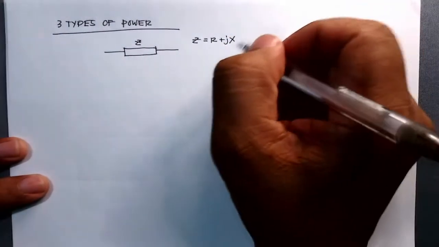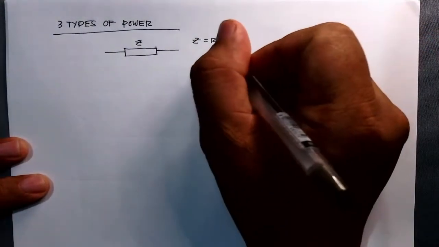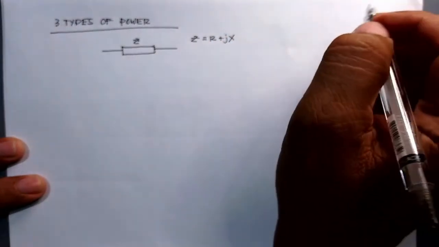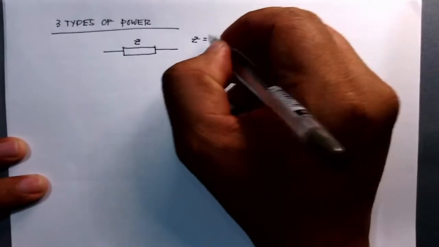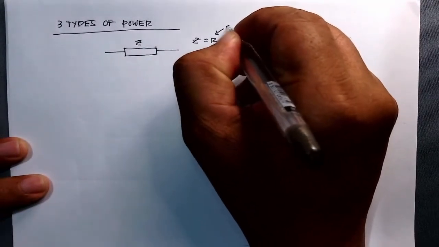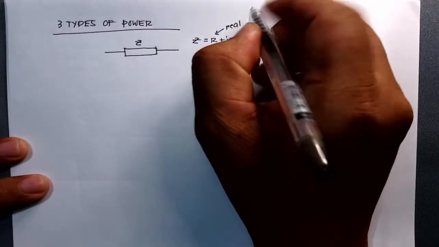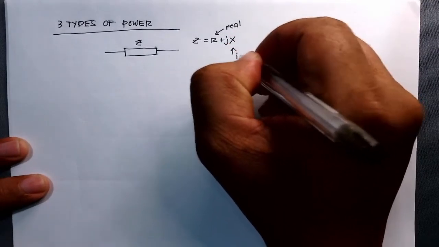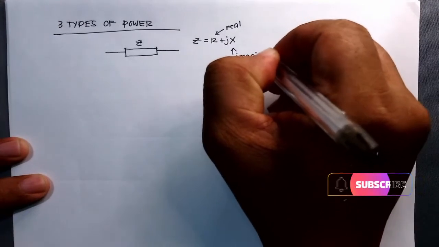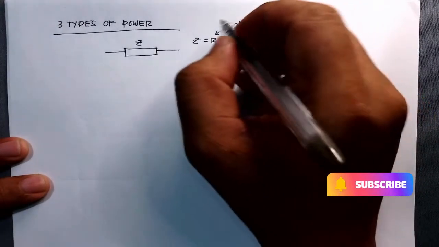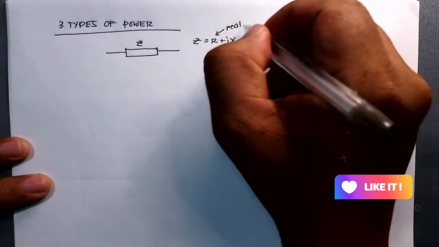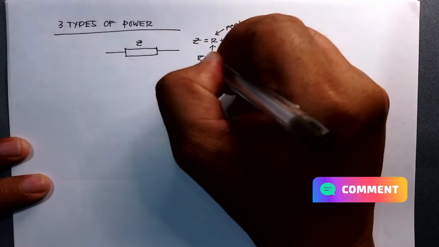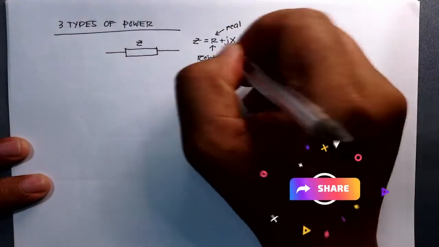So there are two terms involved in your impedance. The first one is the R, which is the real part, and this one is the imaginary part. So we know this already, imaginary. So the real part is actually the resistor. Okay, so this is the resistor. And the imaginary part, which is jX, this will be the